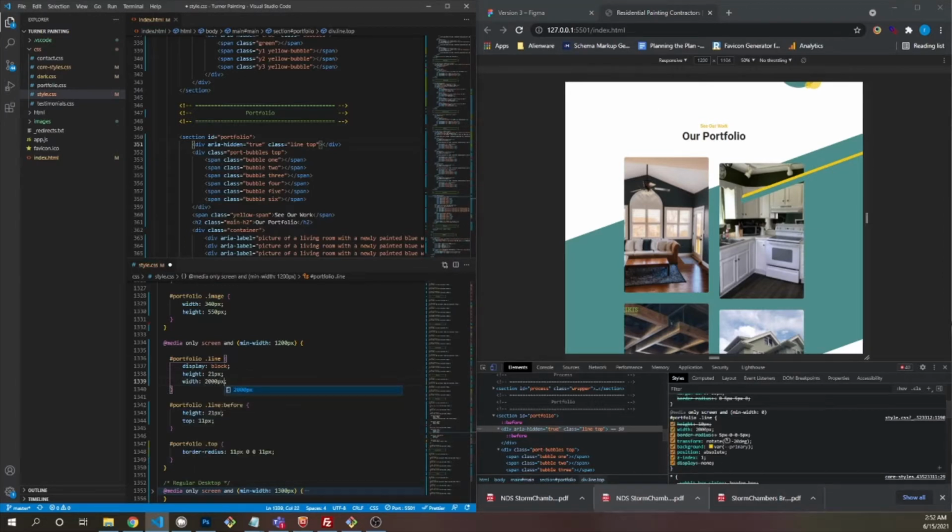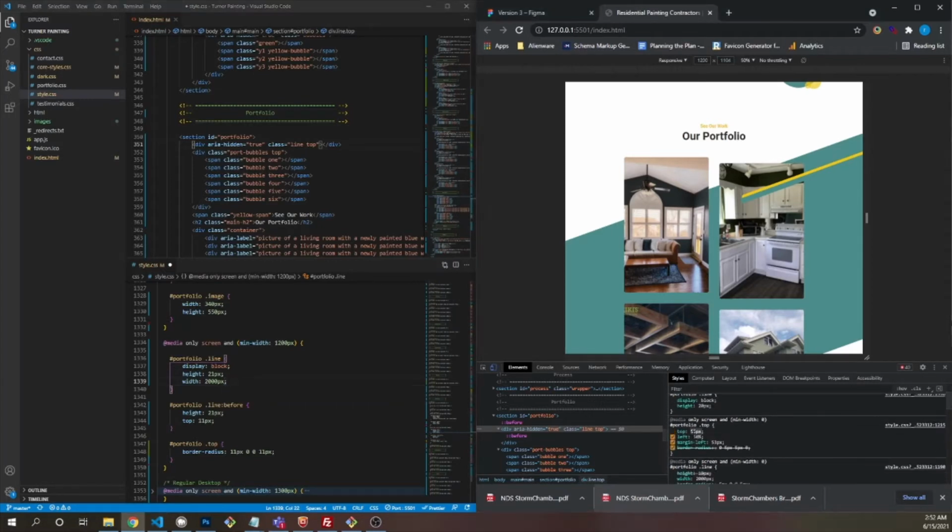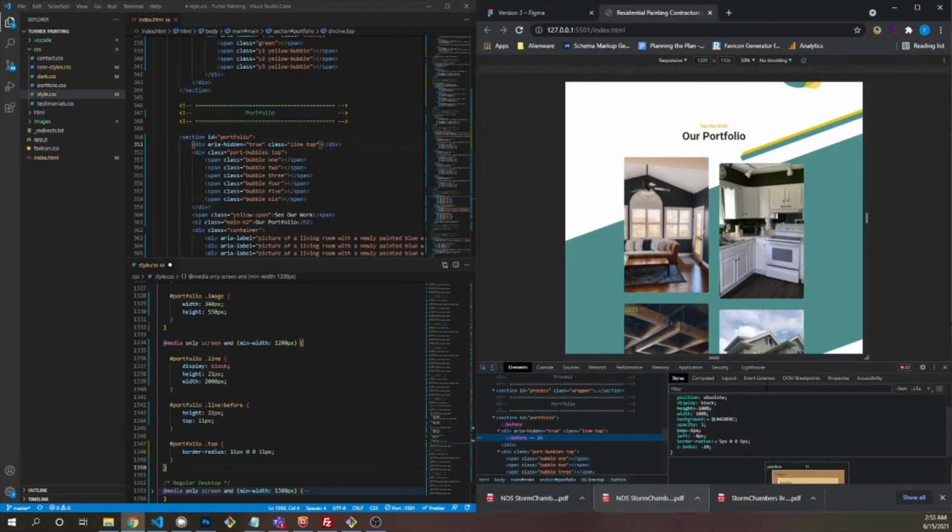Now let's do our top. Let's get this positioned right. So this goes up. I'm going to go up a lot more because we're going to end up moving this to the right. And it looks like you're missing a border radius. All right. We need portfolio. This is the before. Yeah, you're pulling the wrong border radius. So I want